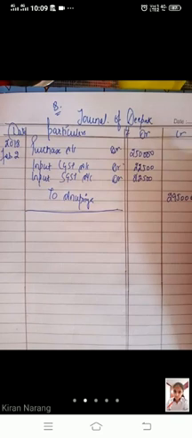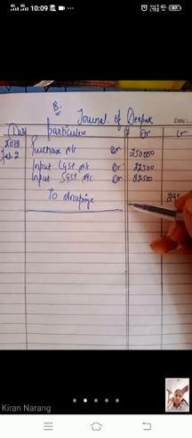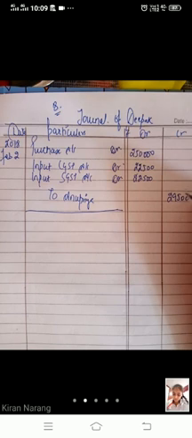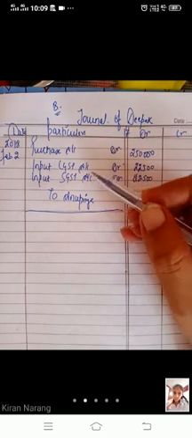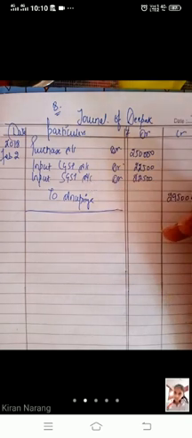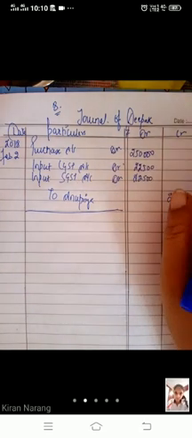This is the first entry. We have purchased goods from Anupriya. Debit what comes in, credit the giver. Purchase account debit to Anupriya. In between we have to debit two taxes also, which we have paid. Debit all expenses and losses. Three rules are applied here: debit what comes in, debit all expenses and losses, credit the giver.